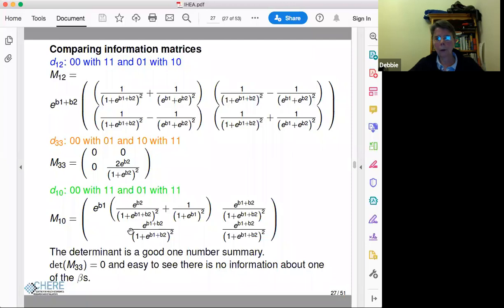So it's got this information matrix. We need some sort of one number summary of these matrices to be able to compare the designs. And one such summary is the determinant, and it gives rise to D-optimal designs. And it's probably the most common optimality criterion that's used when comparing these